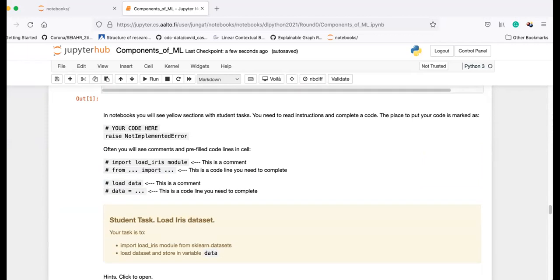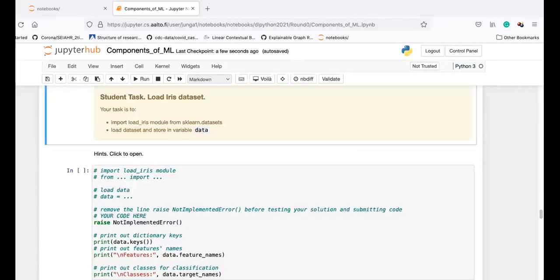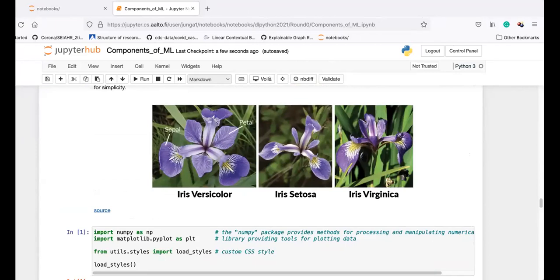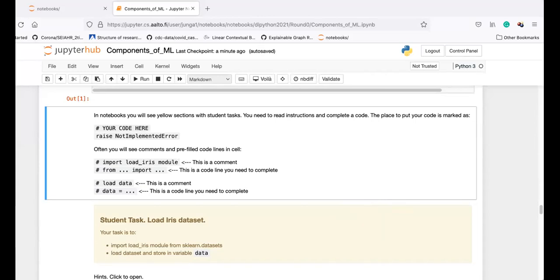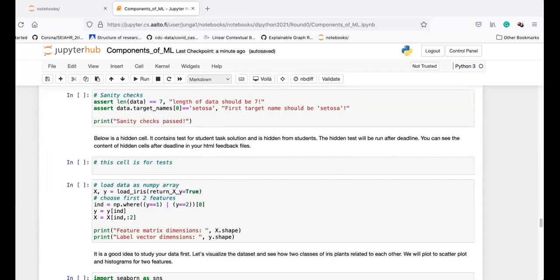Very good. That's maybe one of the main messages in this whole course, like in any of my machine learning courses. Whenever you read Python notebooks or develop Python code, it would be a good idea to always think about in which component you are currently working. So let's look at this part here.